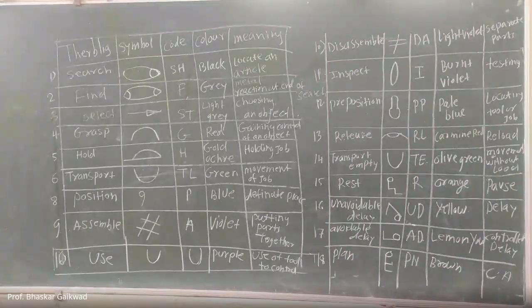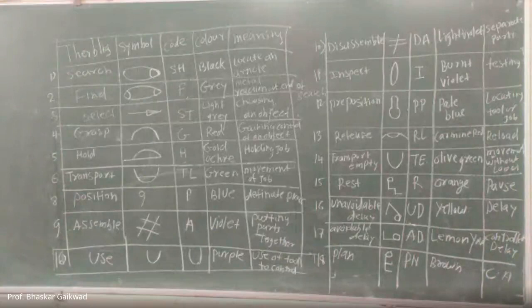But before this, there are 18 therblings as per F. Gilbreth, the scientist. F. Gilbreth is related to micro motion study or motion study, but F.W. Taylor is related to method study. Both scientists made contributions while developing industrial engineering. In industry, this industrial engineering concept is widely utilized for cost reduction, and nowadays cost reduction plays an important role, because if you reduce the cost, definitely more profit will be there. It is a profitable thing.